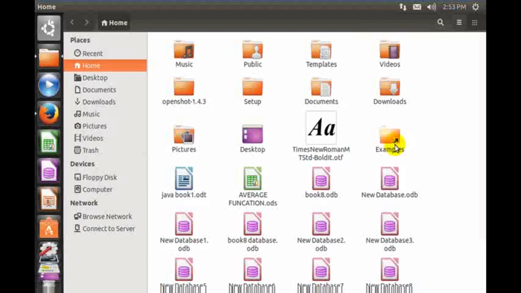Students, let us know more. A small triangle on both left and right sides of the application icon on the launcher indicates that the application is running in the foreground, whereas a single triangle on the left side of the application icon indicates that the application is running in the background.